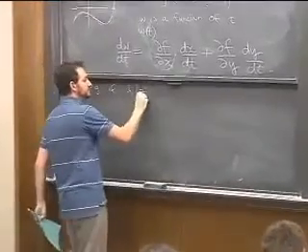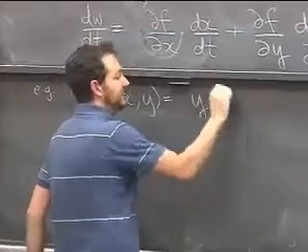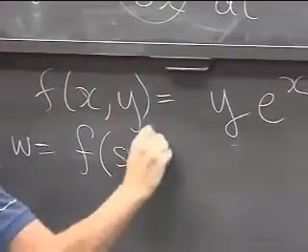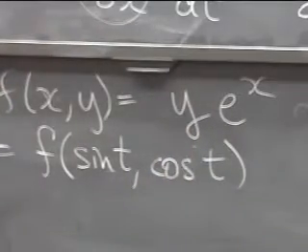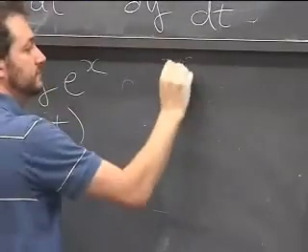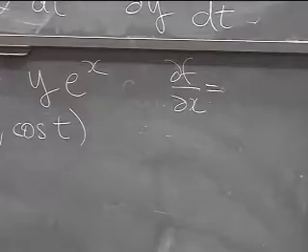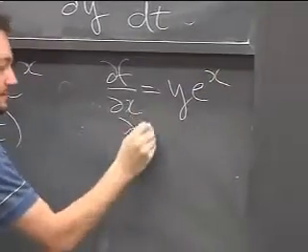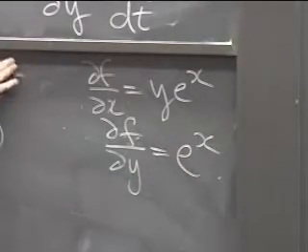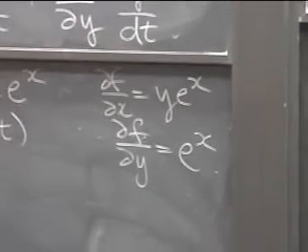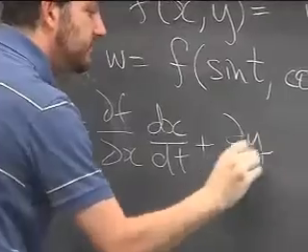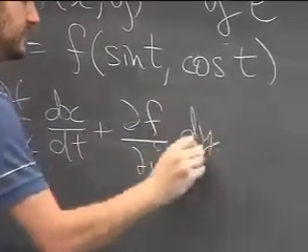well, if f of x y is equal to, say, y e to the x, and w is equal to f of sine t, cosine t, what is dw dt? I'll do this example and then I'll be done. So df dx, I treat y as a constant, and I'll just get y e to the x. df dy, I'm going to treat x as a constant, and then I'll just get e to the x, because e to the x is constant, and the derivative of y is just 1. So dw dt, just using the formula, is df dx, dx dt, plus df dy, dy dt,